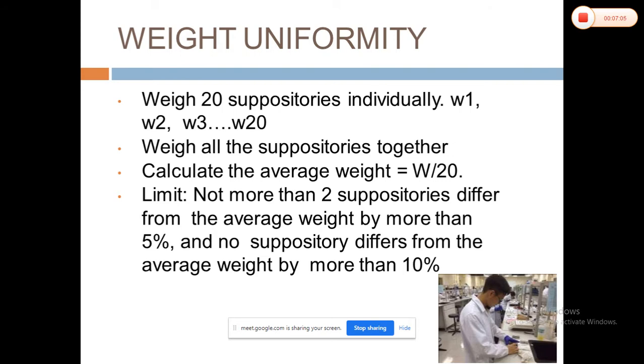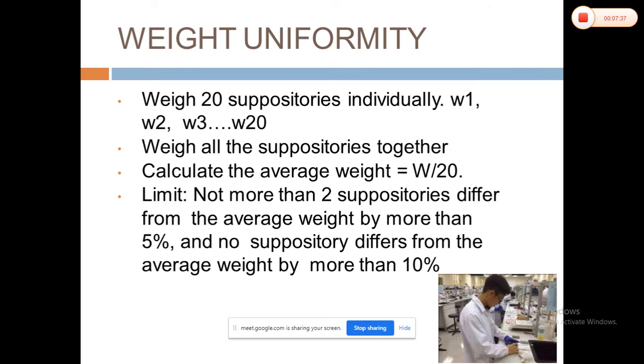Like tablets, I think we have not covered tablets yet, but like tablets, capsules also, we have to calculate the weight uniformity. So the same method is adopted. We have to collect 20 randomly selected suppositories from your manufacturing batch. Then you have to take the individual weight of each and every suppository, calculate the average weight of the 20 suppositories, and compare that average weight